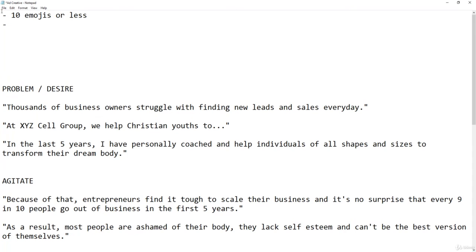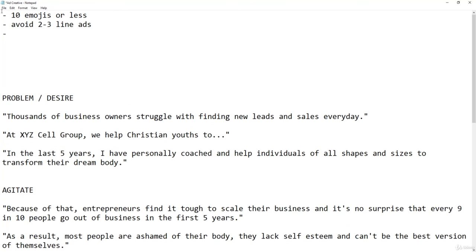All right, now, how long or how short should your ad copy be? Now, the way I see it, there's no real ideal length, but one thing's for sure, you don't want to be writing 2 or 3 lines, all right? Avoid 2-3 line ads, because this doesn't tell enough. And the truth of the matter is that Facebook is a learning machine. In fact, the more that you write into your ad copy, the more you're telling Facebook, this is the kind of audience that I am looking for, okay? So it's a lot preferable that you write at least a medium to a long post for your Facebook ad. And just to give you a sub-objective to it,